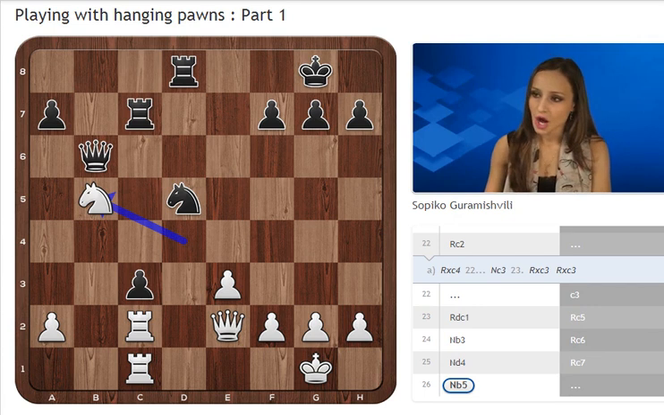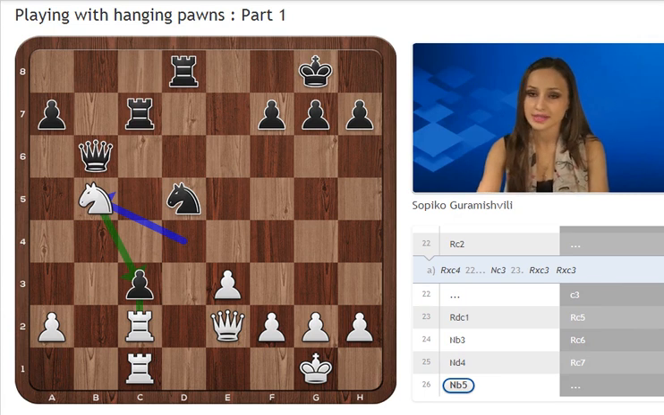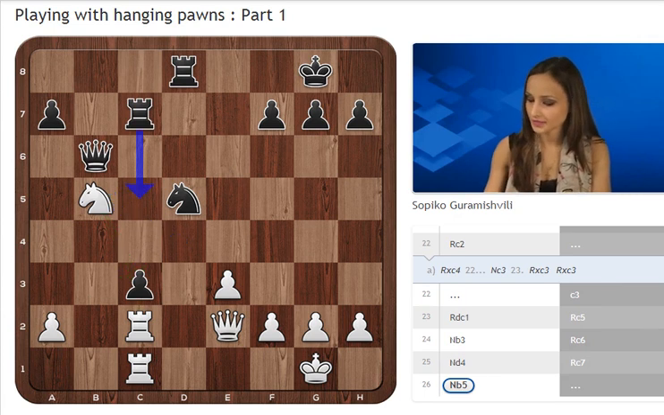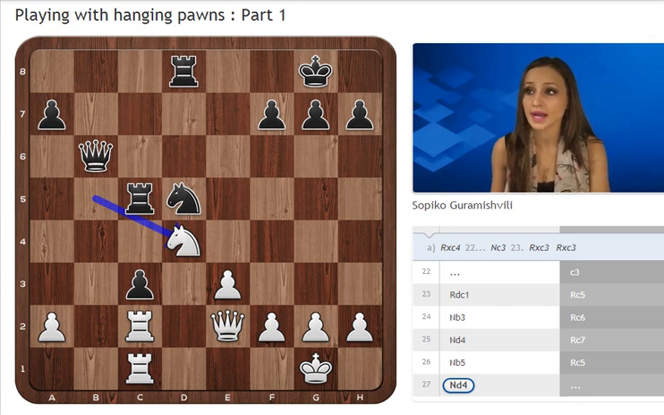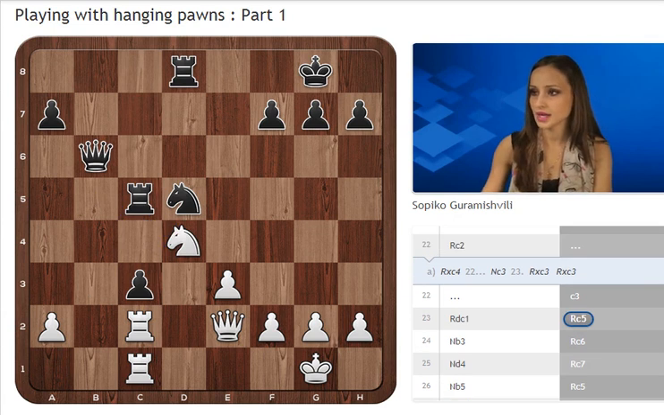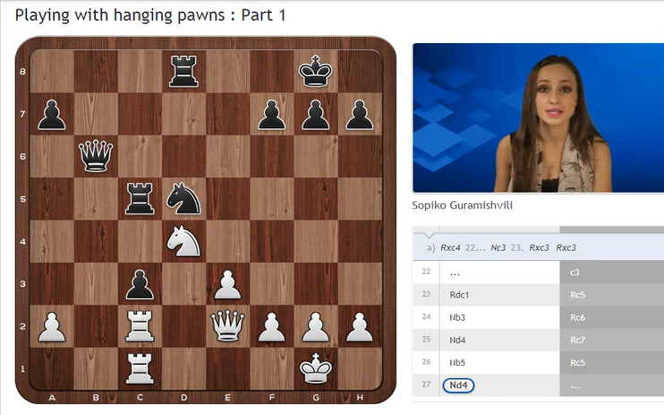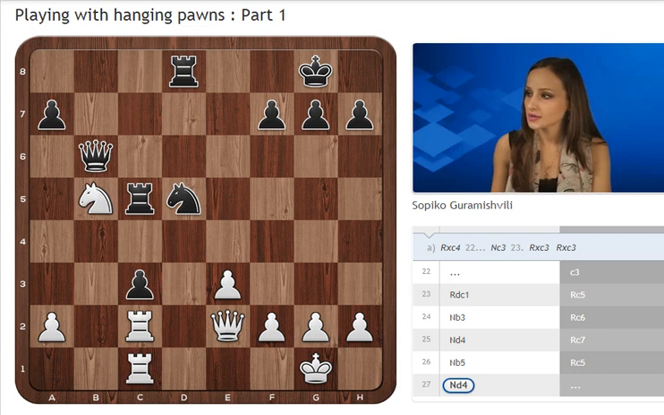Bernstein hopes that he can take the pawn on c3. Rook c5, and if knight d4, we see that black has tempo, because here it was white's move, and in this position it is black's move. So, of course,